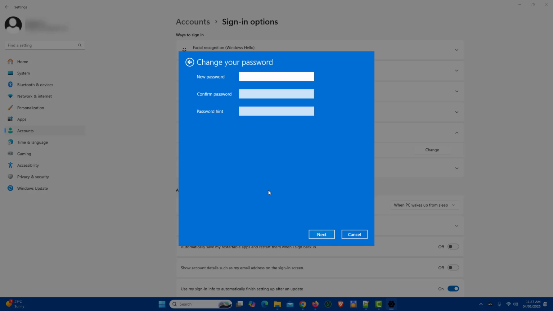On the next screen, you need to enter your new password. You need to enter the same password in the Confirm Password field, and you have to enter the password hint so that if you forget your password, then you can recover it using that hint. But as we want to remove the Windows 11 login password, we are going to keep new password and confirm password field as blank. Now click on Next